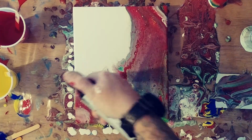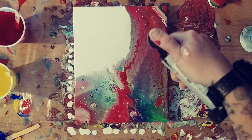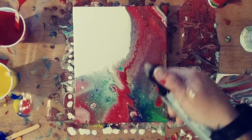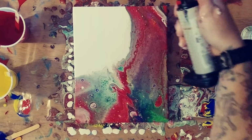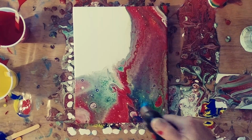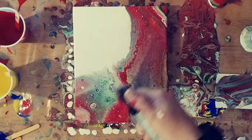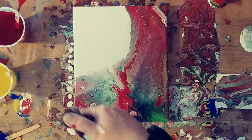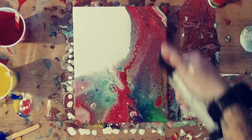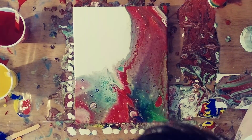Just kind of doing a glancing blow with the torch right near the top of the paint, because it'll sometimes bring up some little cells that just need a little more interest to it. Hoping for a little more of that blue. But I'm not seeing any. Probably just poured most of it off. Okay, well,